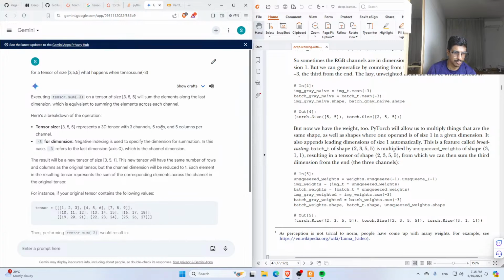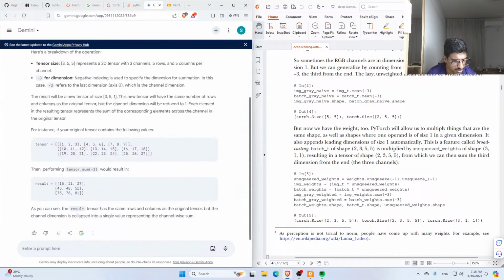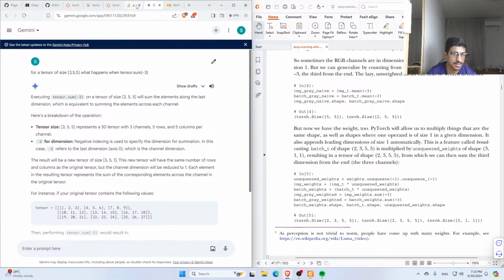5 channels, 5 rows, 5 columns per channel. -3 for dimension, negative indexing is used to specify the dimension of summation. In this case, -3 refers to the last dimension, axis 0, which is the channel dimension. The result will be a new tensor of size 3, 5, 1. This new tensor will have the same number of rows and columns as the original tensor, but the channel dimension will be reduced to 1. Each element in the